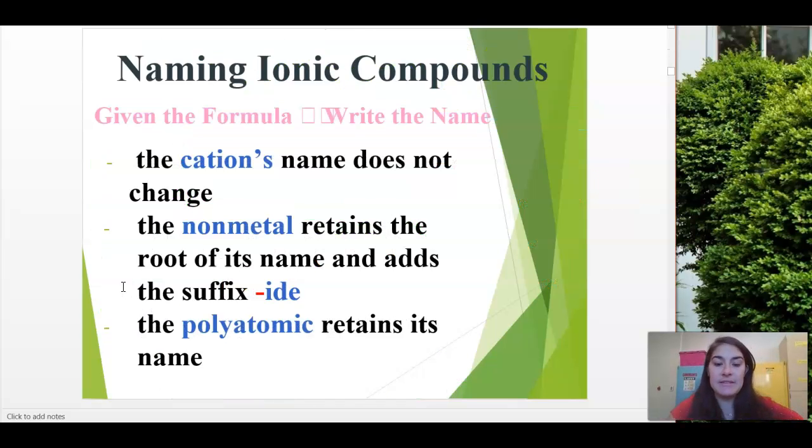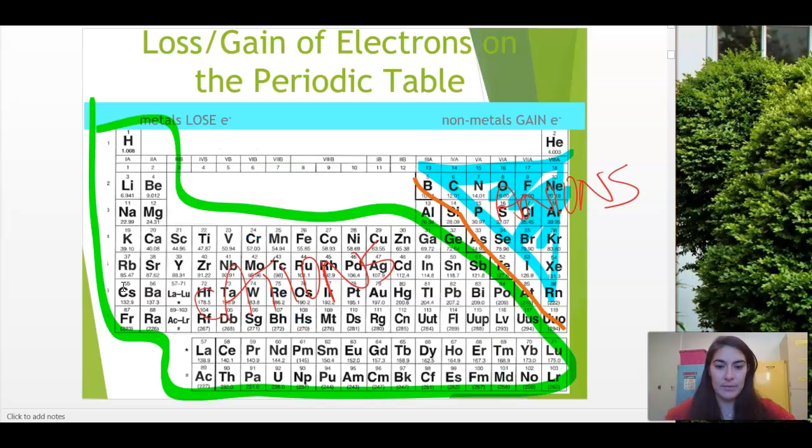The nonmetal retains the root of its name and adds the ending IDE. That's what suffix means, an ending. So the nonmetal, that's our portion over here in blue. Nitrogen keeps the root, nitride. You add that IDE: oxide, fluoride, chloride, sulfide, phosphide, bromide, iodide. It adds that IDE ending. And that's really all we're going to use for this class. Nitrogen, oxygen, fluorine, phosphorus, sulfur, chlorine, bromine, iodine. That's not many. And again, you just take that part of the name and you add "ide." And so that thing where we always are talking about sodium chloride, this example, sodium, Na, cation, chlorine, our anion,